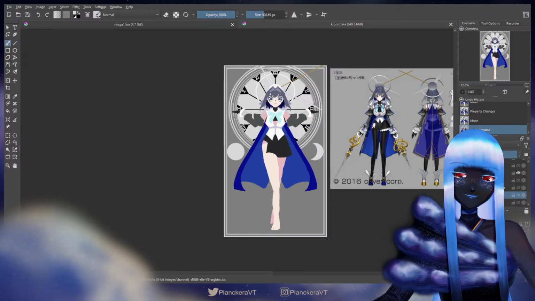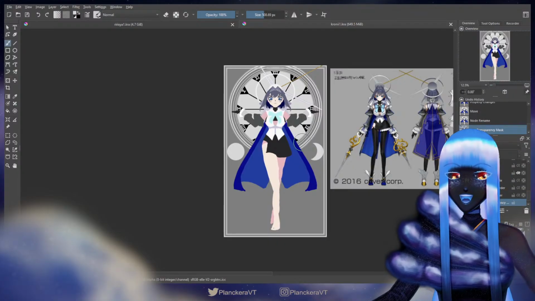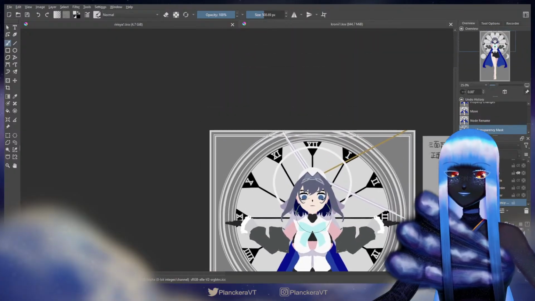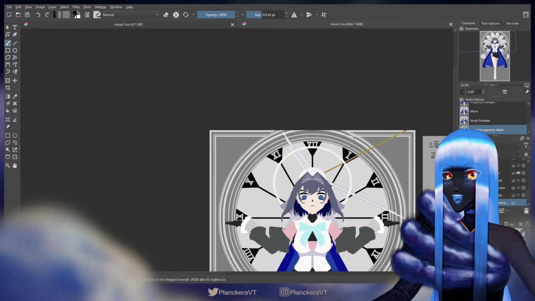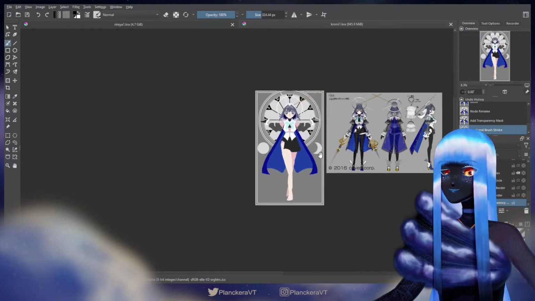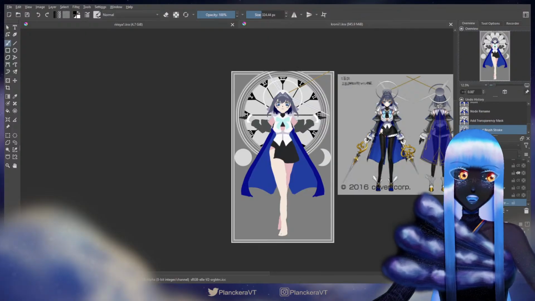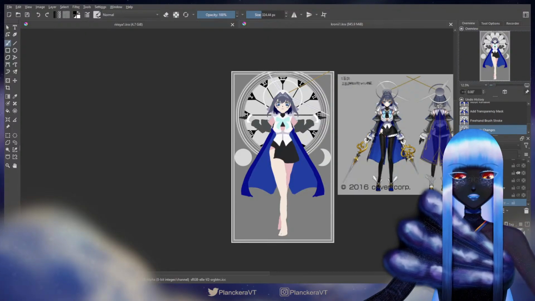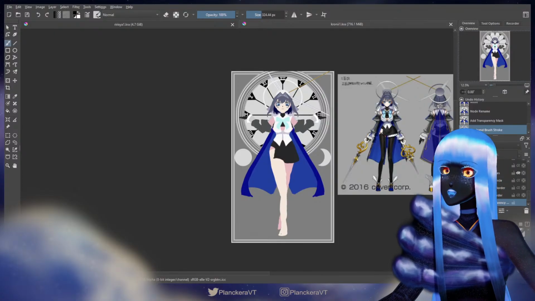And I'm gonna put a quick transparency mask on that. I'm just right-clicking and then adding a transparency mask. And this way, I can erase part of this without actually erasing it. So if I want it back, I can just delete the mask. And it also means I don't have to be very precise about how I erase it. Yeah, I think that works. And you can see, once I hide it, it comes right back. So it's still all there. I really need to be doing this more often when I'm just kind of experimenting.